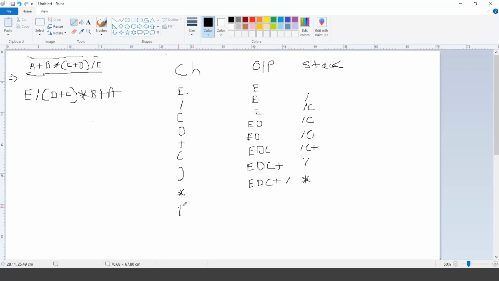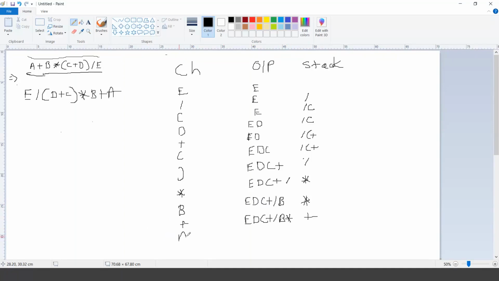Now I have read B, so I'll write E, D, C plus division, and B will be outputted. Then you have plus, so E, D, C plus division B, star is what I have to pop out because plus has less precedence. Now on the stack I'll have only the plus symbol.